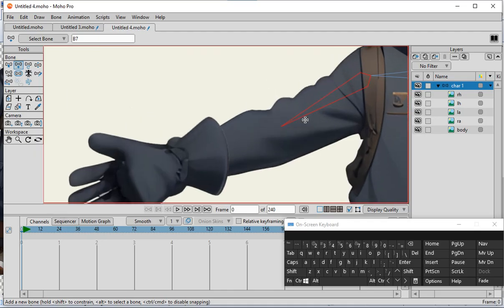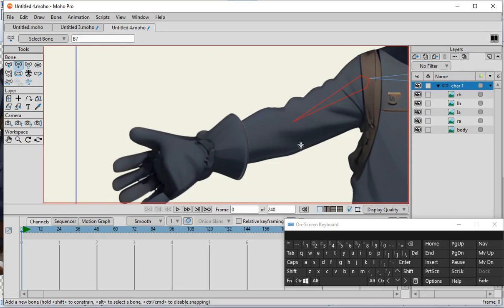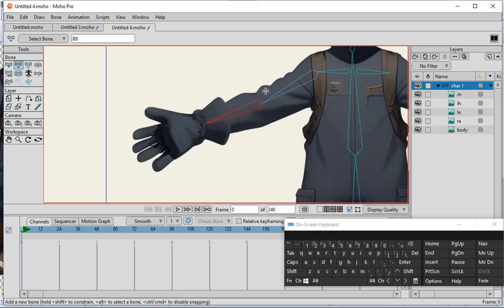Now we're going to make another bone for the forearm. So we're going to go from this elbow right to where we think the wrist would start. So left click again, and when you left click, you'll hold it, and then you'll just bring it right where that wrist would be, so right about there. All right, now that we have that done,